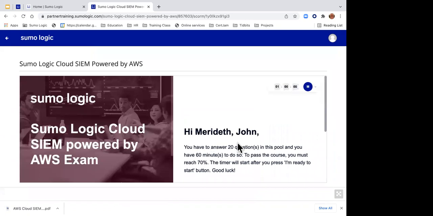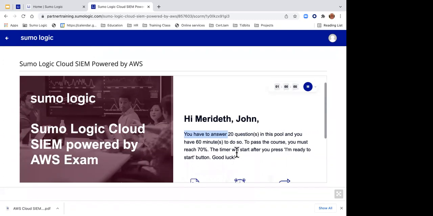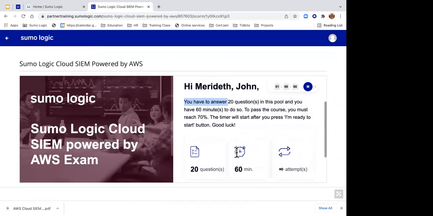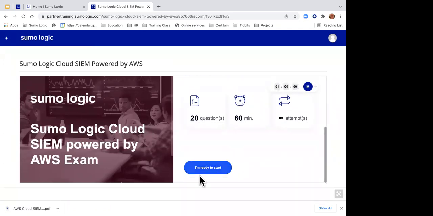And it says there are 20 questions for you to answer, and you've got 60 minutes to answer them. We think we told you 30 minutes, but we'll give you 60 minutes. And the passing score is 70%. So when you're ready to take the exam, and again, this is only if you want to get certified, but hey, what the heck, a free certification is always good. You can add it to your LinkedIn profile or whatever you want. And so you guys can take this exam.